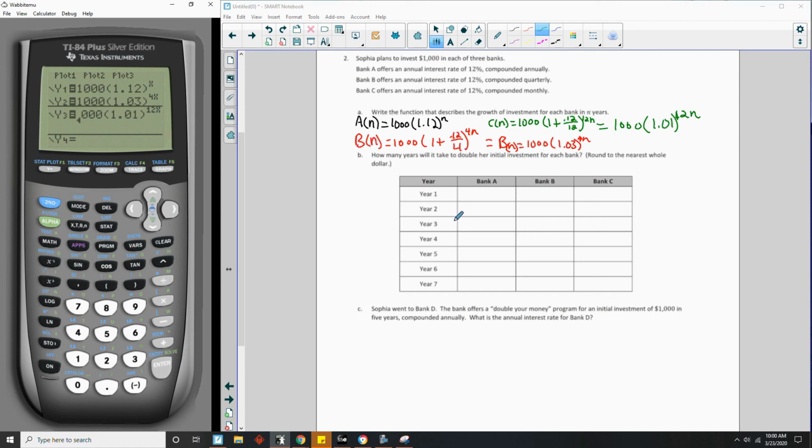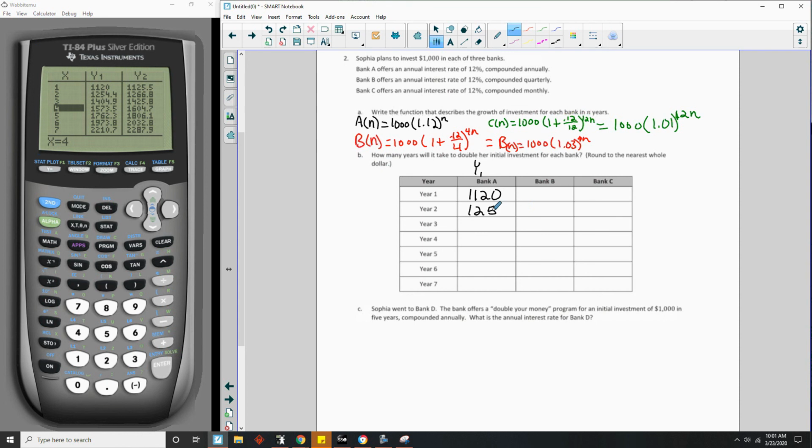Okay, so now I want to enter this data, and I can quickly do that by going to second graph for table, and I want to enter 1 through 7. So I go 1, 2, 3, 4, 5, 6, 7 is already there. Y1 is my bank A, so over here I'll call this Y1, and I'm just entering these values rounded to the nearest whole dollar. So $1,120,